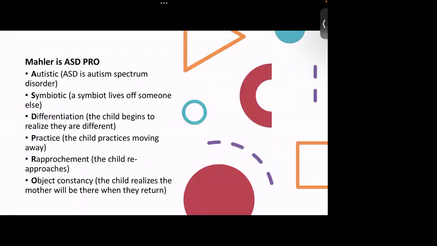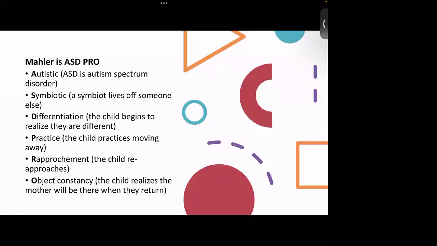Okay, so the first hint I'm going to share is the one I developed when I was a social work student. I had a neighbor whose name was Mahler, a very, very friendly guy. And I used to joke, my friend Mahler is ASD Pro. ASD Pro. And the letters ASD PRO each one of those are going to stand for one of the stages. It happens to be that ASD stands for autism spectrum disorder. So that is very helpful to remind us that the first stage, A, is autistic.